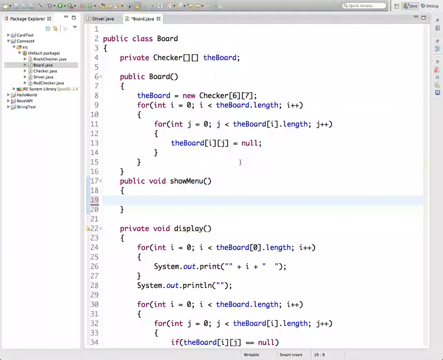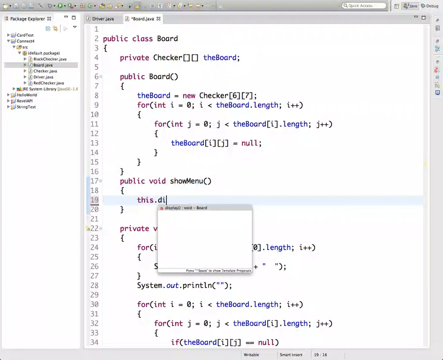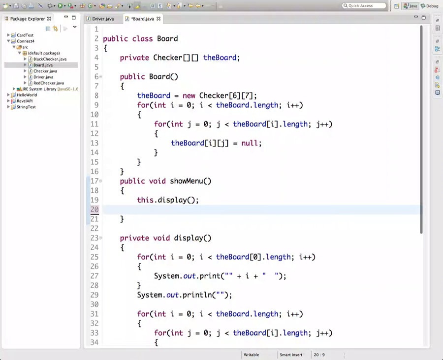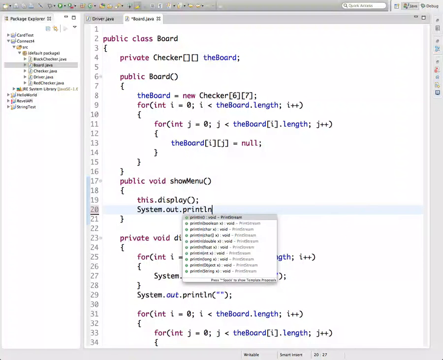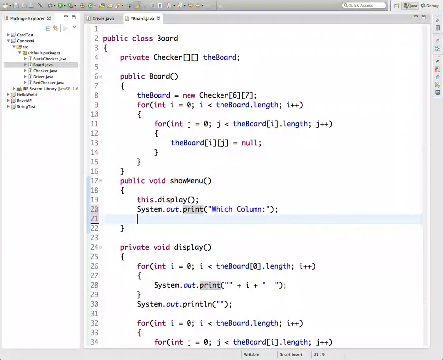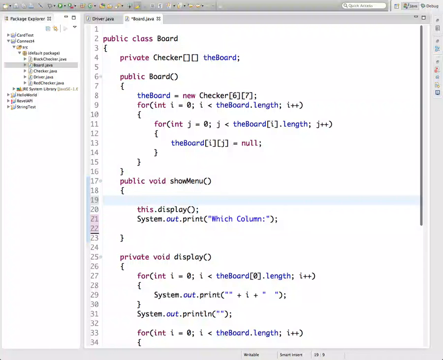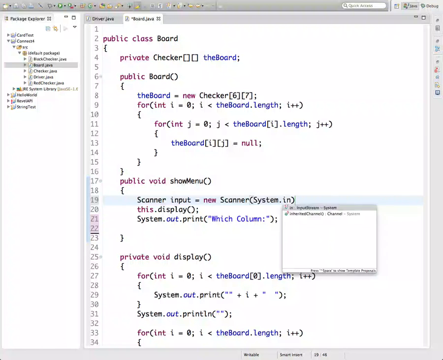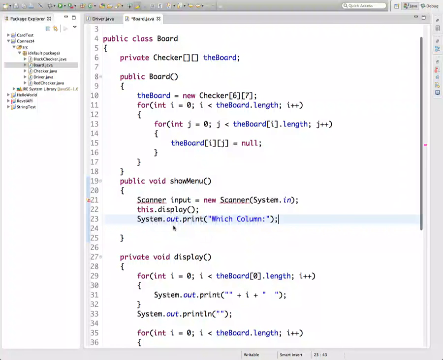Okay, so in order to show the menu, the first thing we need to do is say this dot display the current game board. Then we'll ask them which column, and then we need to read it in, right? So we need to import java.util scanner. We'll say